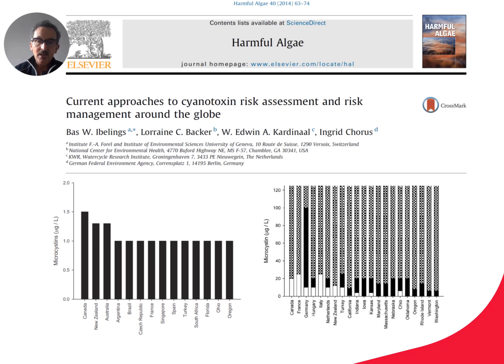Based on the same scientific evidence, different countries arrive more or less at this 1 microgram per liter. On the right, however, you can see a 3-tier alert level framework for recreation. The white bars would be low risks, the black bars moderate risks, and in the more hatched pattern the risks go up to the highest level, alert level 3, which in many countries would lead authorities to close the lake for recreation. Just by looking at the height of the bars for the different countries, you can see countries